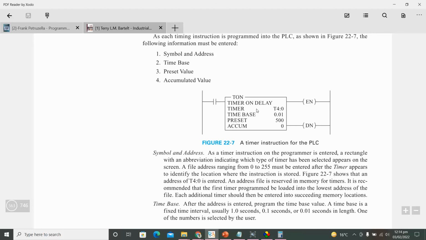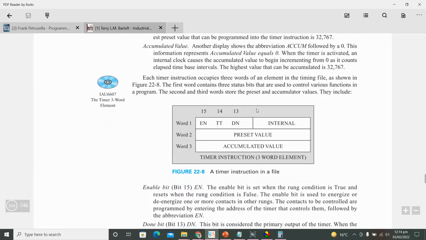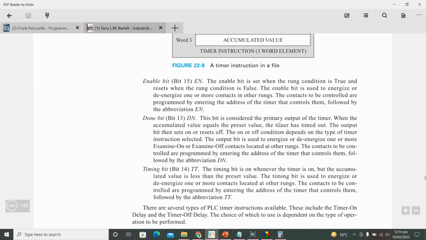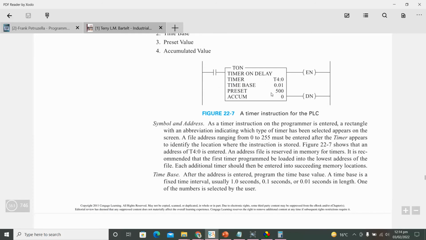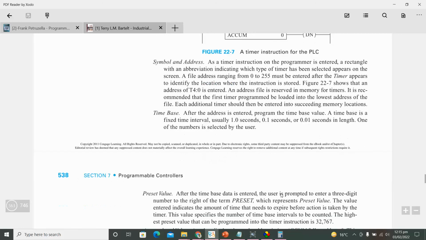टाइमर जो है ना वो enabled है। और DN bit आपको तब हाई होगा, the primary output of the timer, when the accumulated value equals the preset value, जब वो टाइमर जितने टाइम के लिए आपने इसको सेट किया है वो टाइम जब गुजर जाए तो डन बिट आपको 1 हो जाएगा, जिससे आपको पता चल जाएगा कि भाई वो जो 3000 सेकंड्स के लिए आपने उसको इनिशियलाइज किया था वो 3000 पूरे हो गए। और उसके बाद लेट्स से आप मोटर स्टार्ट करते हैं या कोई लाइट ऑन करते हैं, तो ये बिट इंपॉर्टेंट है।